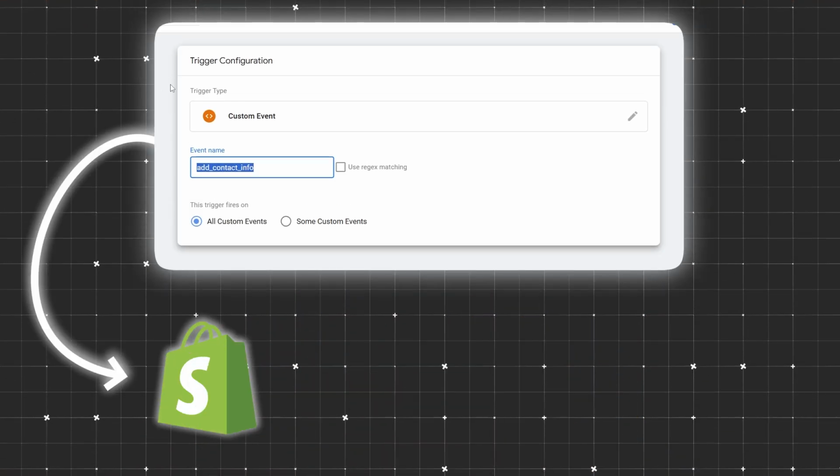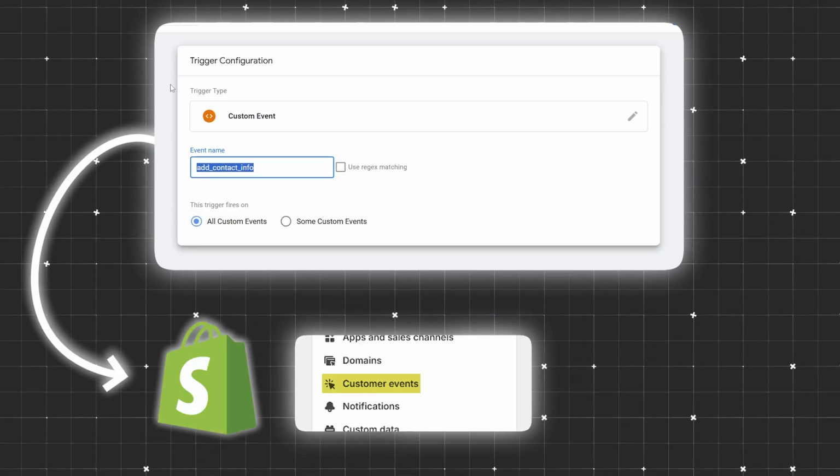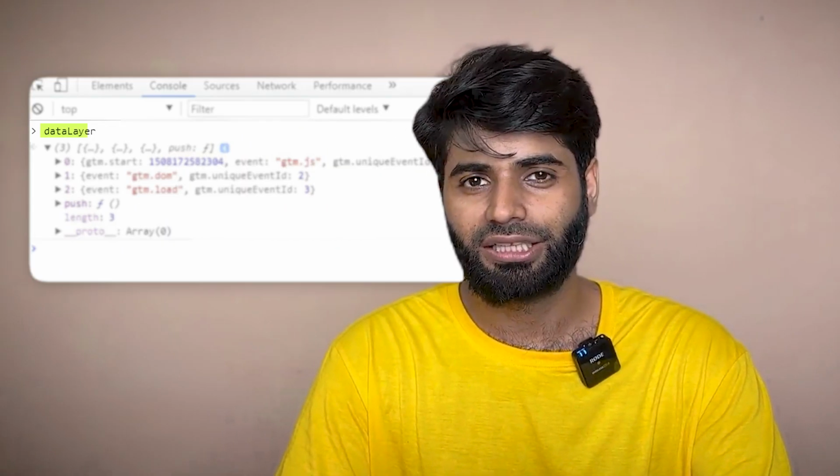This is how I configure the add contact info event on a Shopify store using the newer customer pixel section and Google Tag Manager. First thing we have to do is to make sure that the data layer event is firing